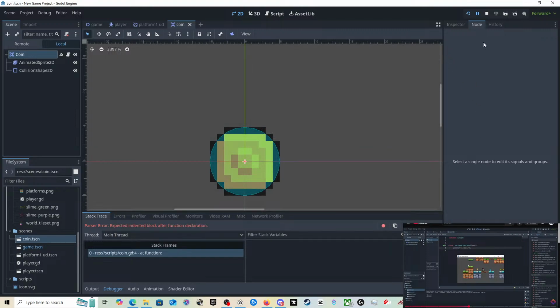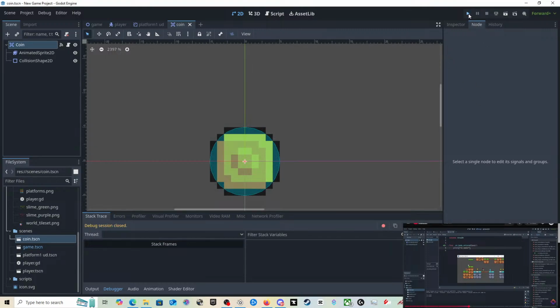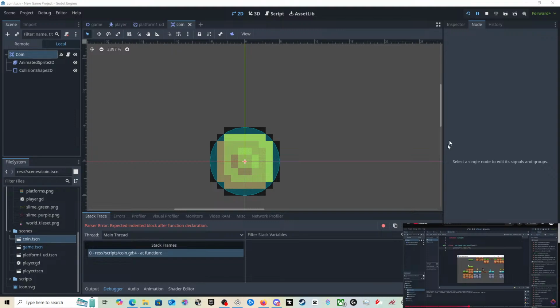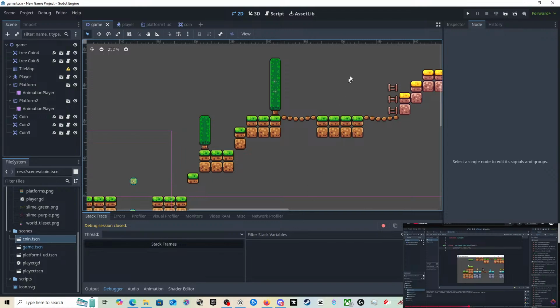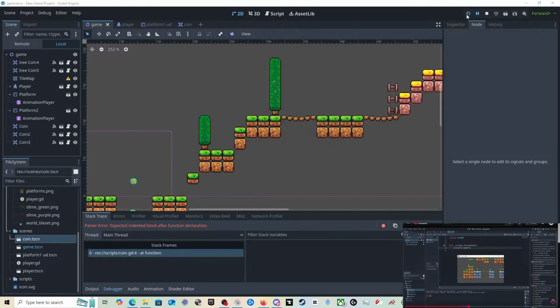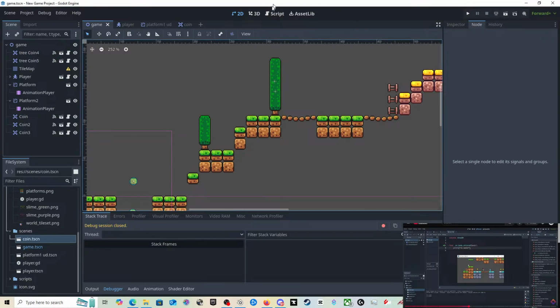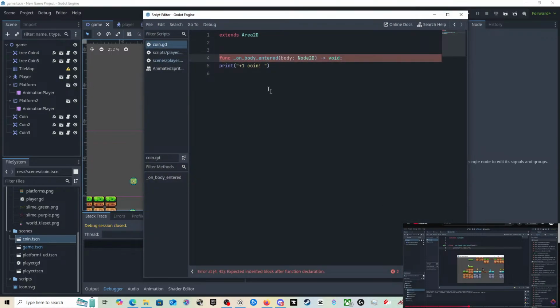It didn't like that. Oh, there's something wrong. Parser error. Oh no. Right, what have we done wrong? Function body void.